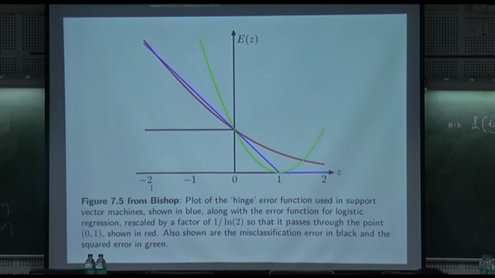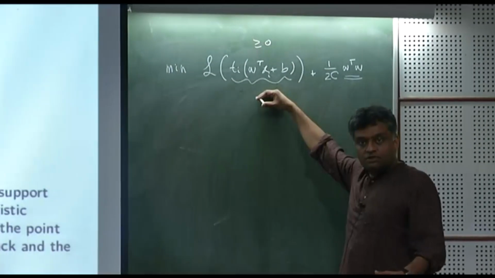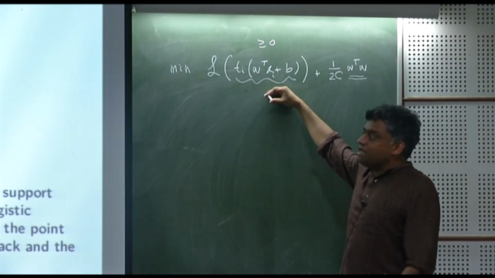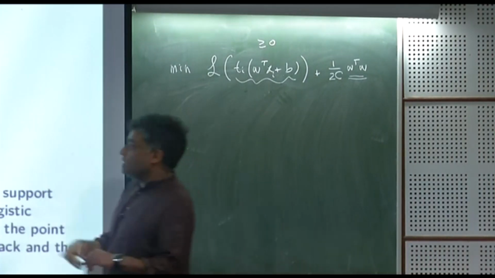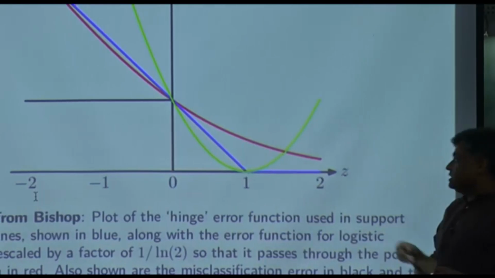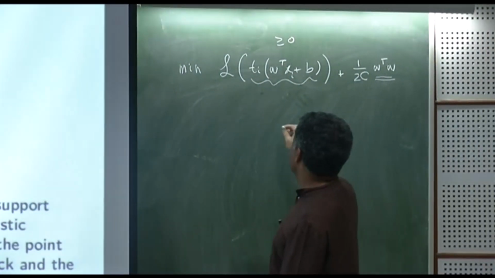And typically when you make these approximations, you find an upper bound. You put in a loss which is larger than the loss that you want, becoming more conservative rather than less conservative. So I want to be more conservative. I want to put in a larger loss function. There are many choices possible. One is this blue line, and that blue line has basically an approximation which looks like